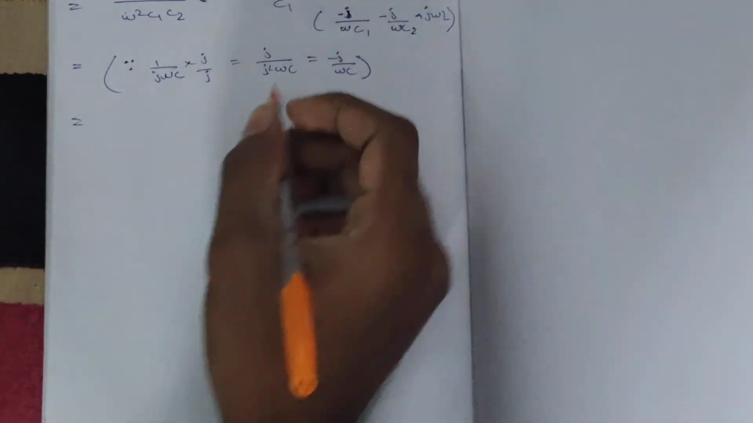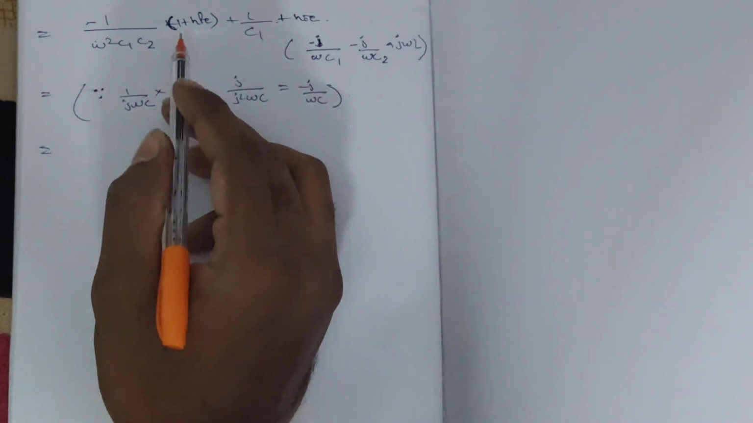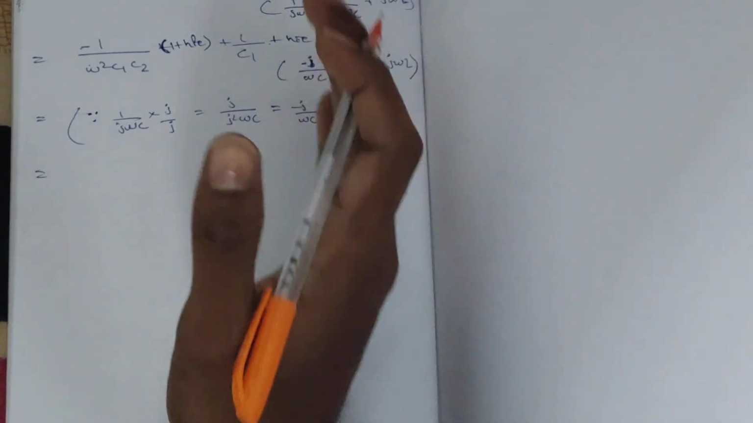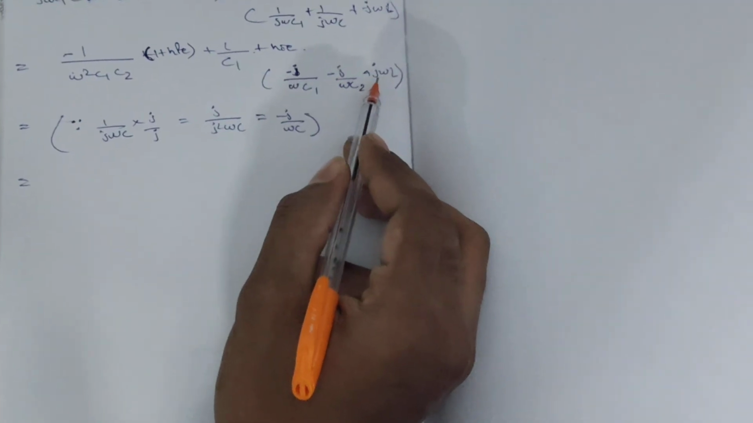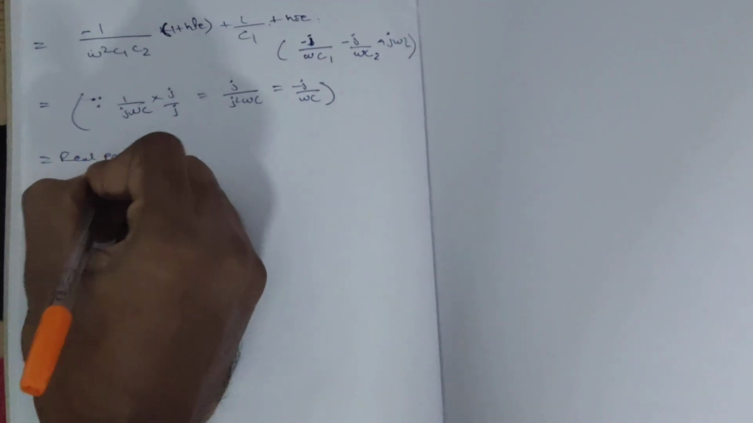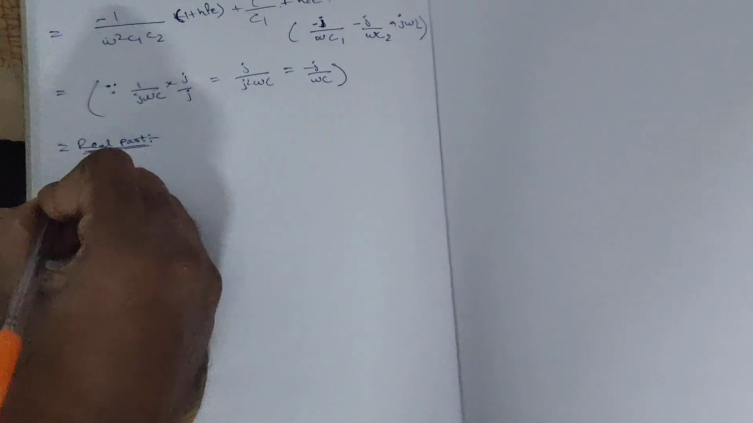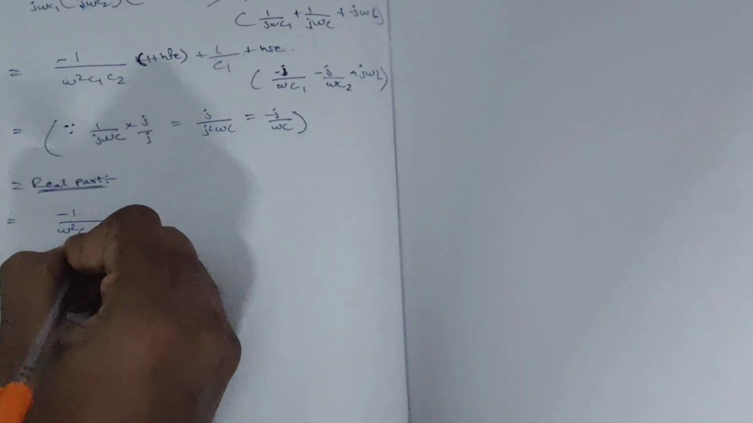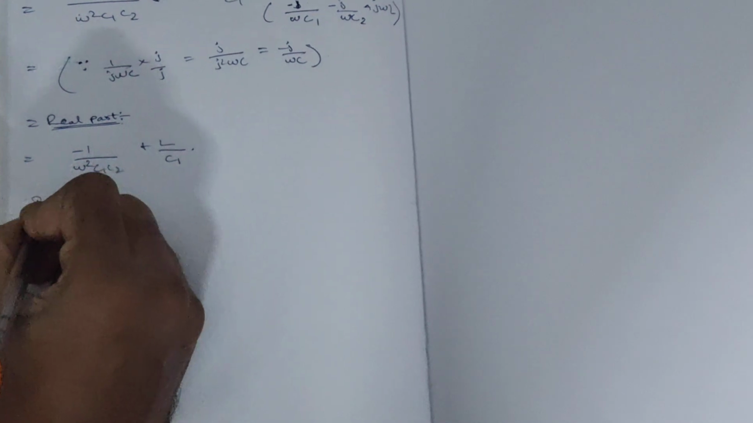Now, in this side part we are not seeing any j, so it is considered the real part. On the right side, j is present, so it is considered the imaginary part. First we solve the real part. The real part is minus 1 by omega square C1 C2 plus L by C1. Now the imaginary part is